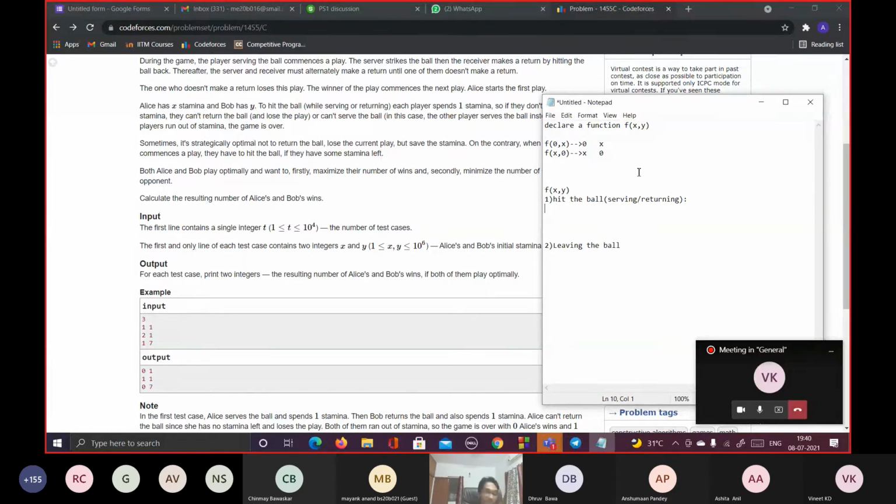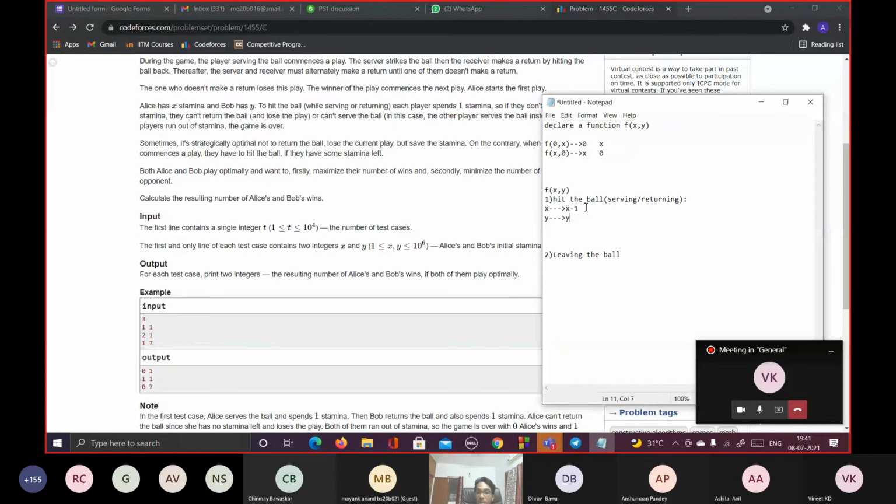So let's explore the first case, when he's actually hitting the ball. What is happening when he hits the ball? Firstly, his own stamina is going to decrease, so x is going to become x minus 1. And the other person, we are not concerned about it, because this function is concerned more about player one and what his approach would be.